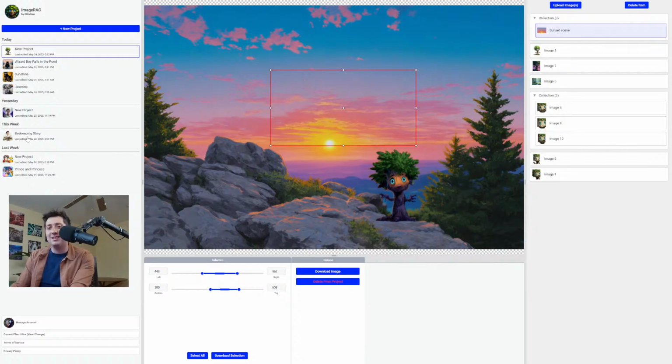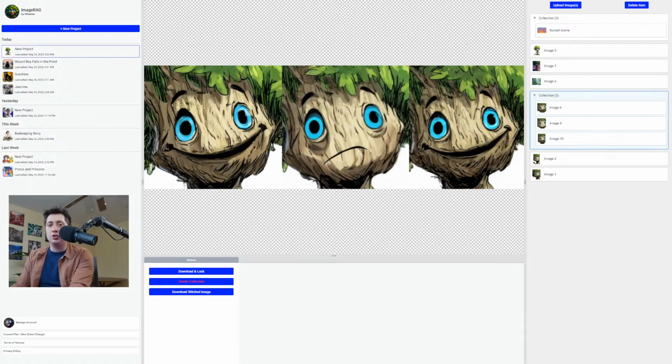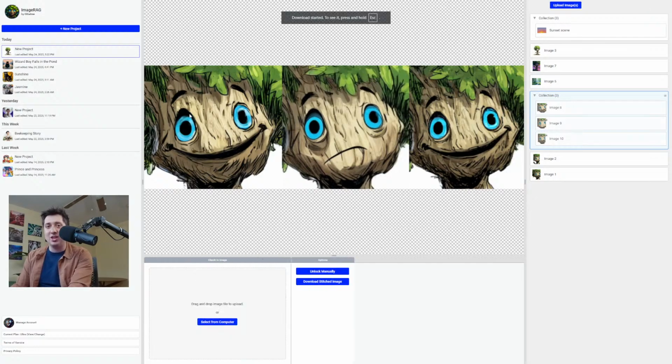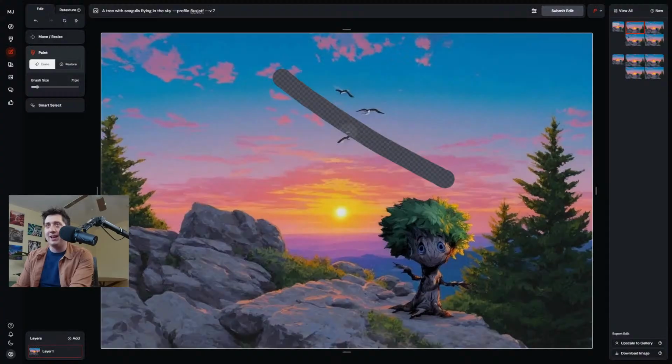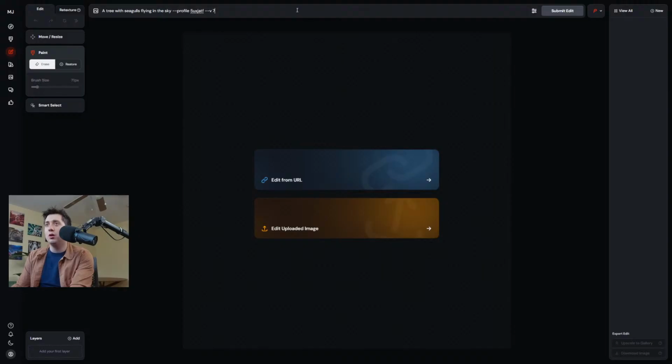The one thing I didn't talk about in this overview, and I want this to be somewhat digestible, so I'm not going to stream for too much longer, is that when you make changes to a collection, you're making changes to every element. So if you download and lock this and you want to give all three of these guys a nose, you can do that, right? It's like, okay, new,